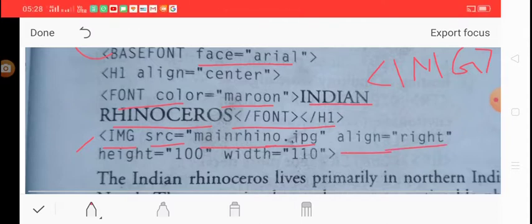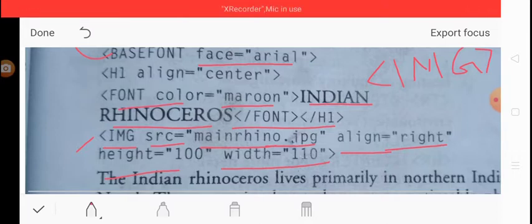Okay, and height is equal to 100 and width is equal to 110. That is the height and width in terms of pixels. You can give height and width in terms of percentage also. Okay, but this time it is given in terms of pixels.